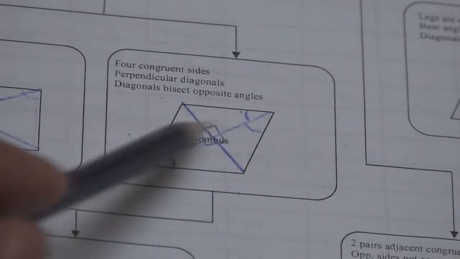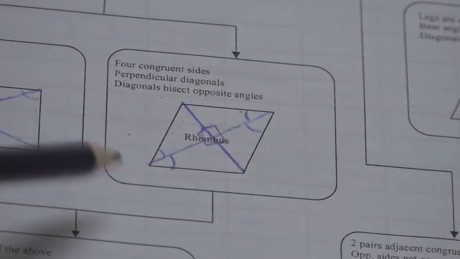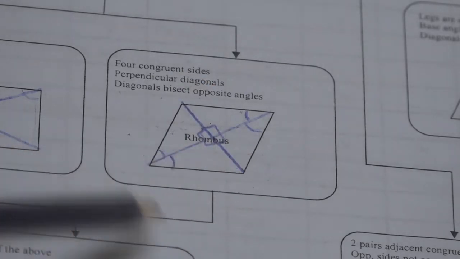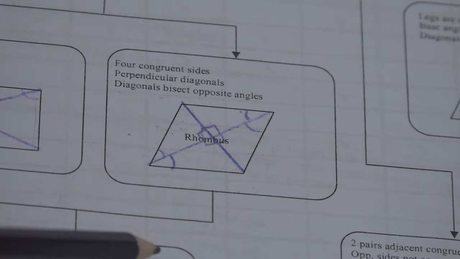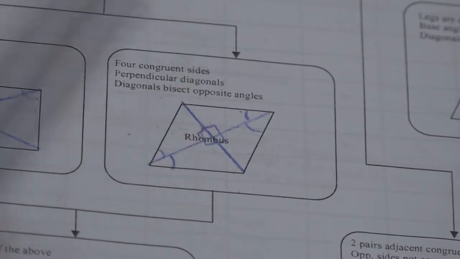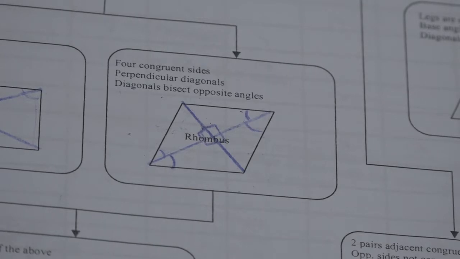Opposite sides are parallel, opposite sides are congruent. Consecutive angles are supplementary. What else? No, I think I said everything about the rhombus. Now,